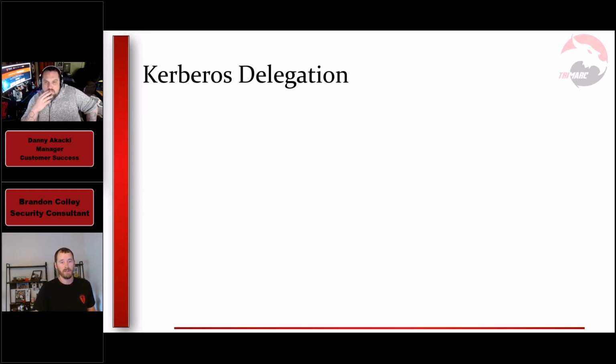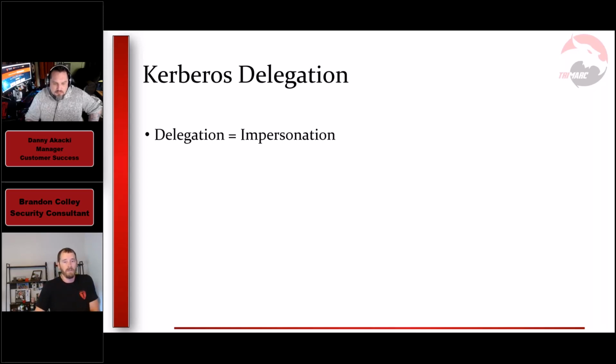So why is this a finding? It's required. I just explained why it's required, and it makes total sense, right? And the easiest way that I've always been told about how this is a finding is that delegation basically means impersonation. If they were to call it Kerberos impersonation instead, it's a little bit scarier. You're thinking about the imposter, right? Basically you can act on behalf of someone else.